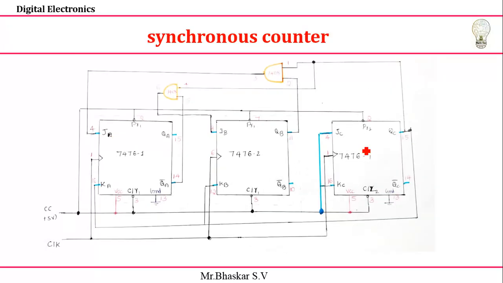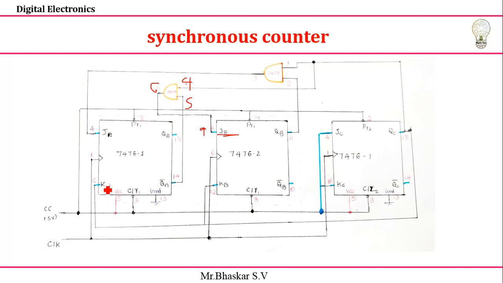Okay, next it is JB. How are we getting JB? One input is QC, and another we are going to connect from QA bar. So we already know that QC and QA bar is nothing but your JB. So we are going to connect it here. The pin numbers here are 4, this is 5, this is 6, and we are going to connect it to pin 9. Okay, so I'm getting these values, so here it is connected.